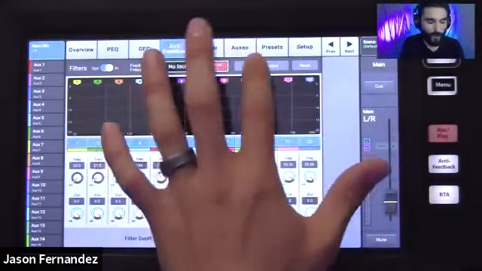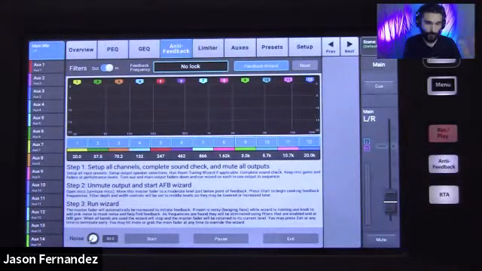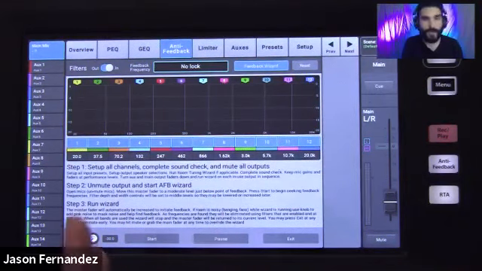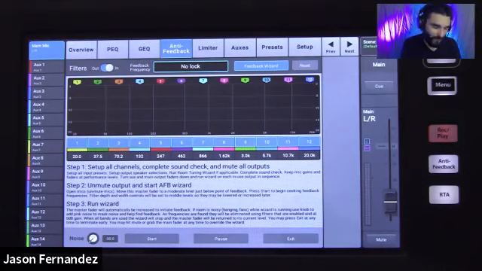And you're really only going to want to use the automatic mode before the event starts, at some point before the event. It could be before sound check, it could be after sound check, it could be during sound check. It depends on, again, your workflow and what the circumstances require. But you're going to come in here and run the wizard. You don't want to run the wizard during an active event, and here's why.